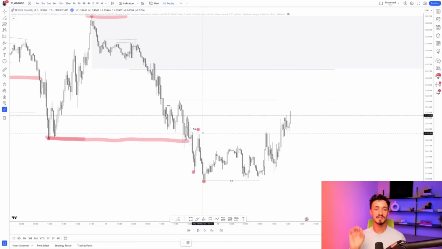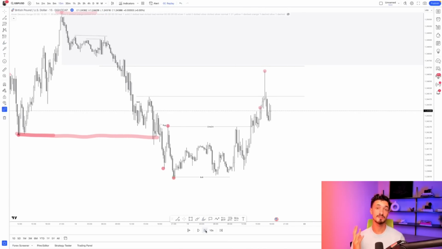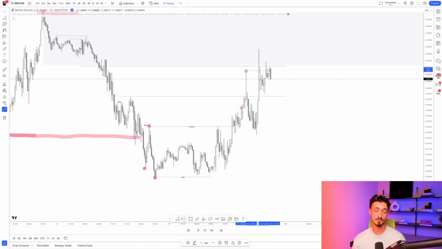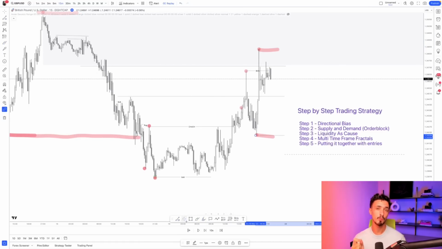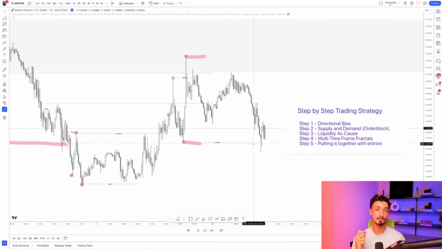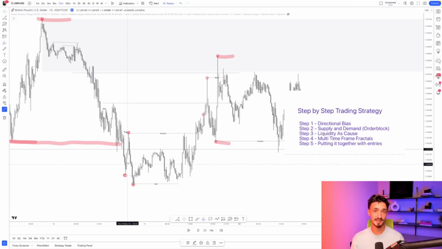We are going to be dissecting a step-by-step trading strategy that has 5 steps to it. Each step I have made as mechanical as possible, so there is no subjectivity. Starting with step 1, we're going to be looking at how to establish your directional bias using market structure. This is going to give you the insights into how to predict where the market is heading based on where